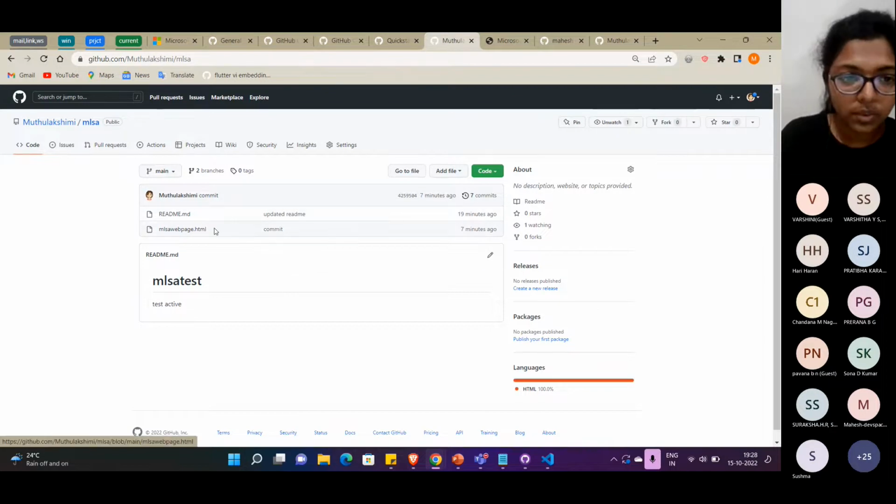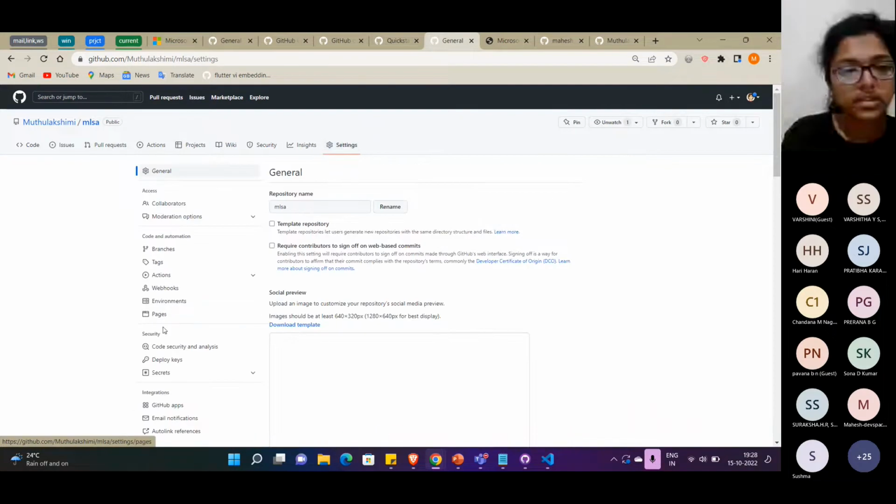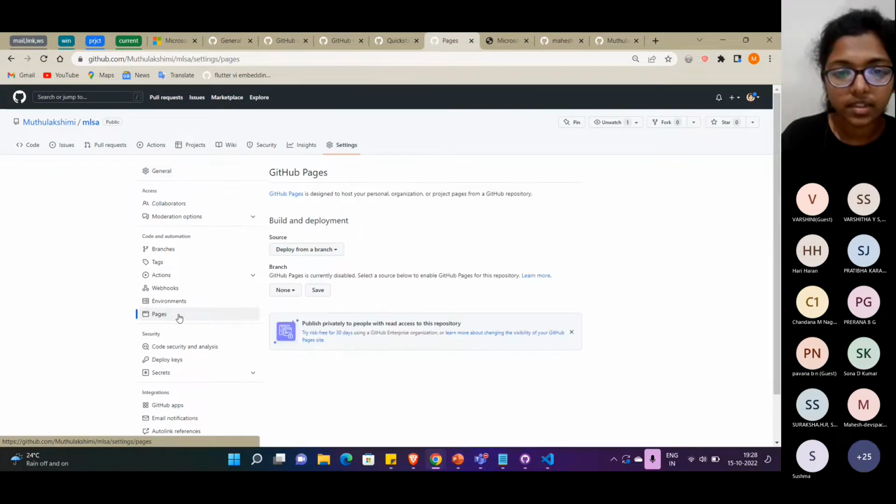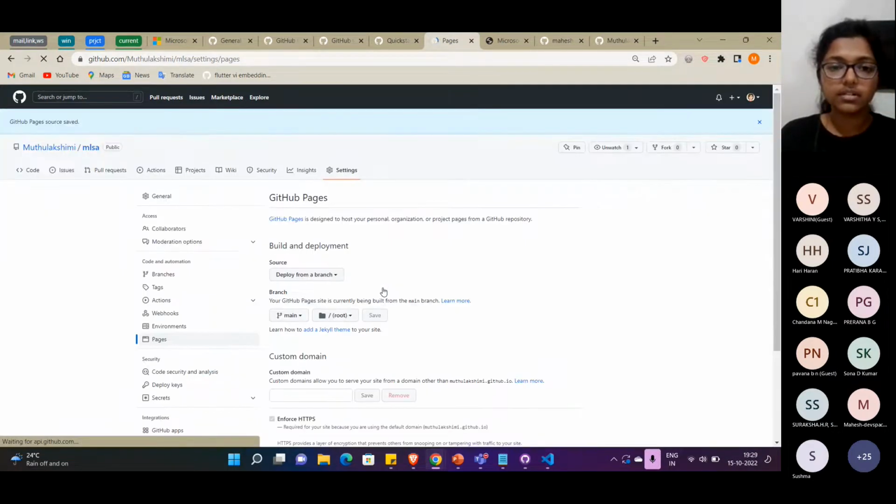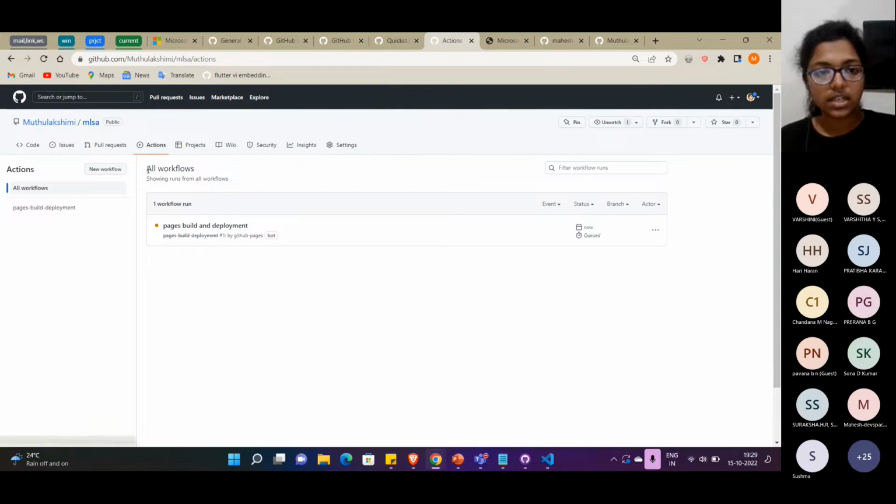And what I should be doing is I'll be having to host this. So go to settings, pages, deploy from a branch, main branch, and you have to save it. Yeah. Once you save, go to GitHub Actions. And it is in the deployment stage. Once it gets deployed,